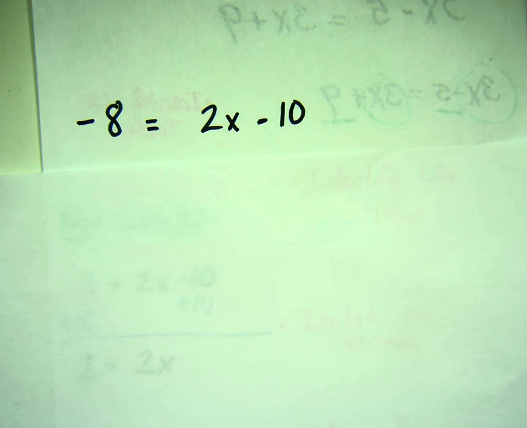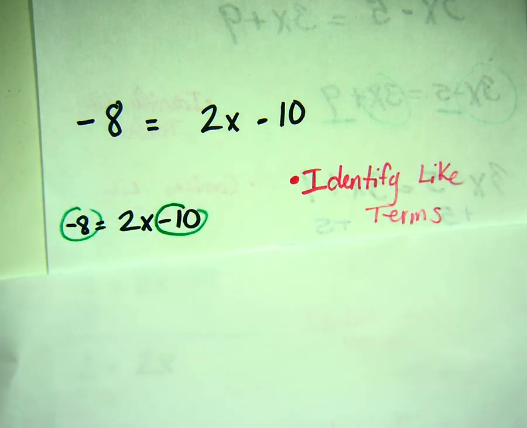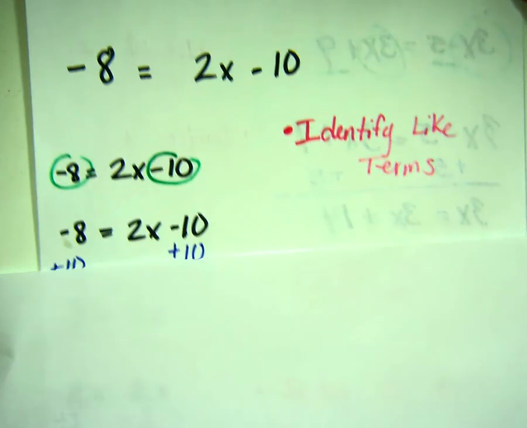So for step one, we want to identify what our like terms are. So in this case, notice how I circled in green the -8, and then right here I did the -10. Negative and minus are one and the same, so I will be interchanging those words. But both of them are negative at this time, and they also do not have variable, hence they're considered constant. Well, notice how the -8 is over here by itself. So what we're going to do now